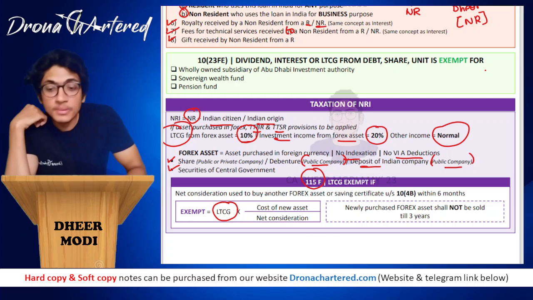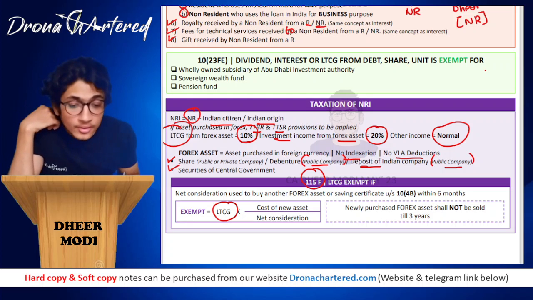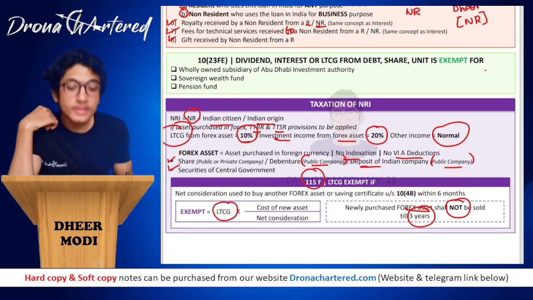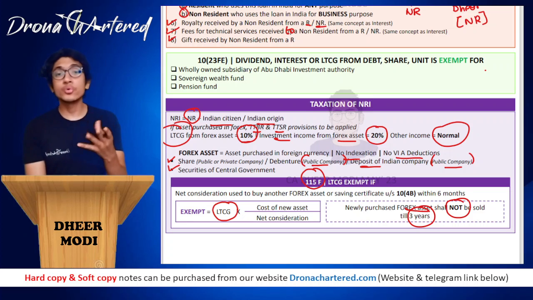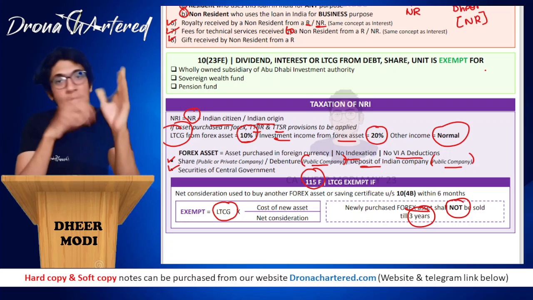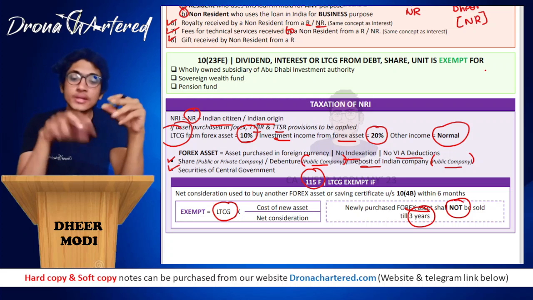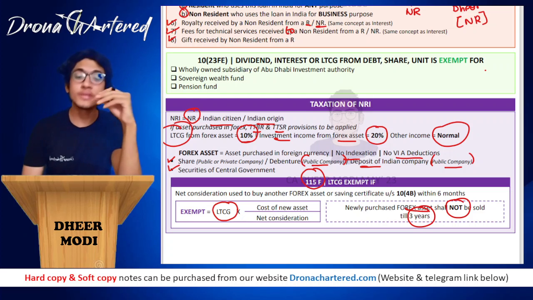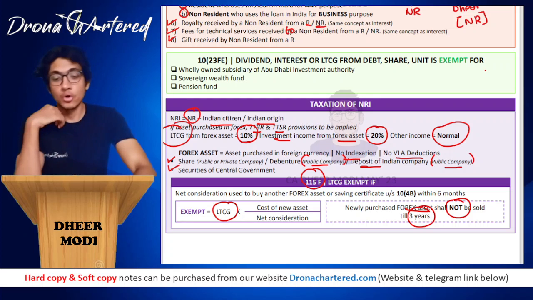And this newly purchased forex asset shall not be sold for a period of 3 years. You cannot purchase it today and then sell it tomorrow and say, hey, all done. No, you still have to wait for a period of 3 years. Otherwise, all of this exemption that we are giving will be reversed. So this is your section 115F. Okay, now